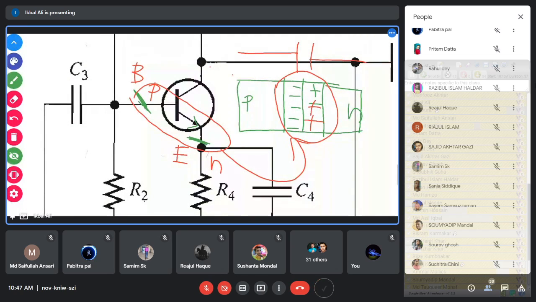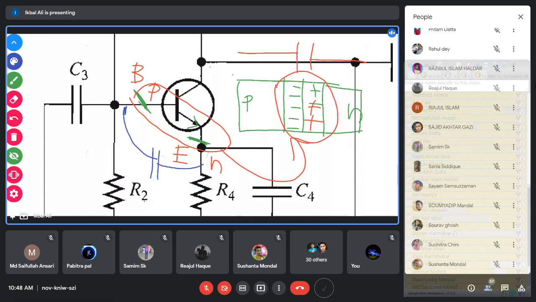So that is why you can consider that between base and emitter, you have a capacitance. If you very specifically see the circuit parameters of the transistor, definitely between base and emitter,